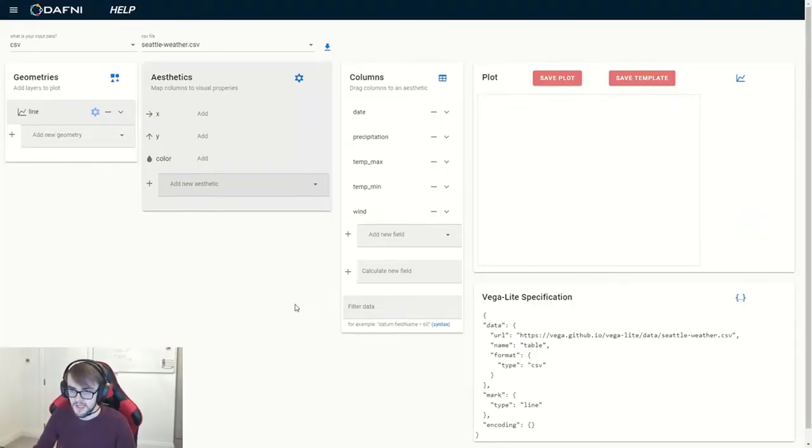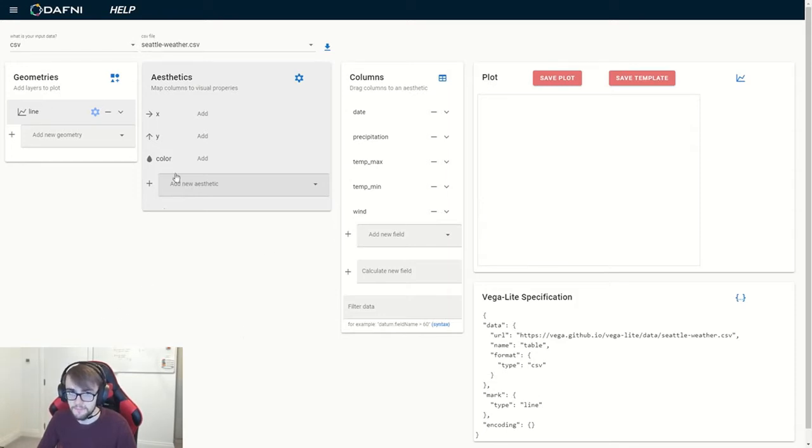Hi everyone, today I'm just going to take you through the DAFNI Visualization tool, which we'll shortly be bringing onto the platform for users to create visualizations with. The idea behind this tool is to give users an intuitive way to create visualizations without having to write any code, so that non-technical users can come on DAFNI, run a workflow, and also create a visualization which shows the outputs of their workflow. So I'll just take you through some of the details of the visualization tool in this